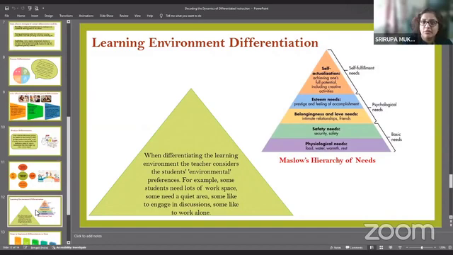Now I come to something very, very important, that is differentiation of the learning environment. Now, typically, when we think about differentiation strategies, we talk about all these different things that I have been mentioning so far: varying the resources, varying the assessment tools, varying the teaching styles. But something which is equally important is the environment in which the child learns, because not every child learns equally well in a similar kind of an environment.